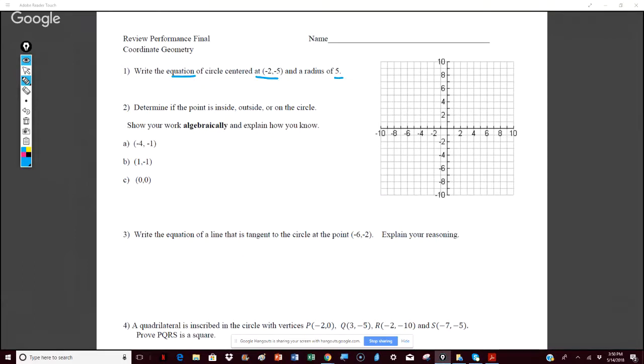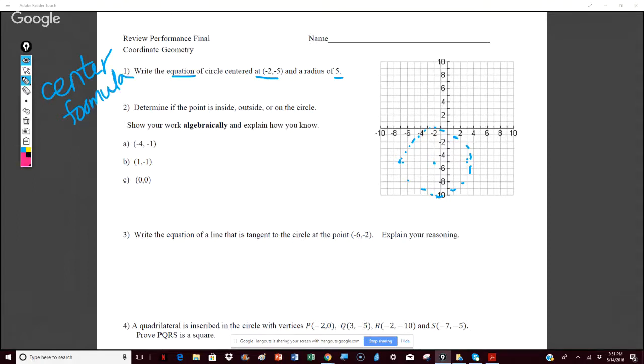radius of 5. So I'm pretty sure it's graphed already on your test, but if not, you can just graph it, -2 down to -5. Here's my center. The radius of 5, I can count up 5, over 5, down 5, over 5, and then you can kind of go beep, beep, beep, circle. Remember, anytime that you go from the center to the formula or vice versa, we switch the